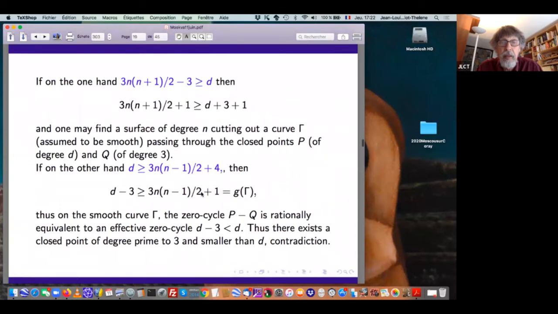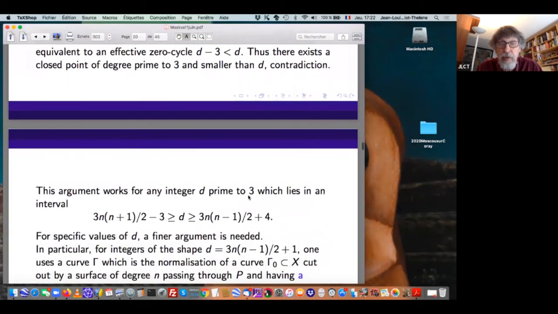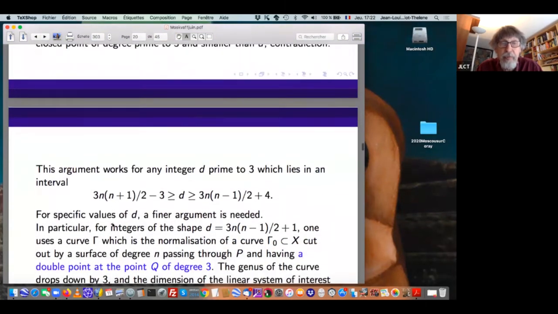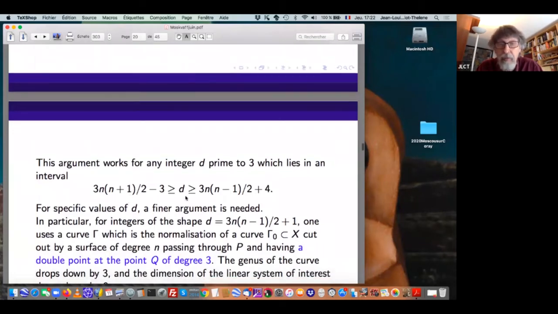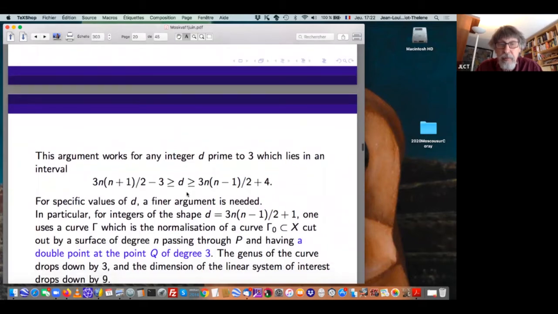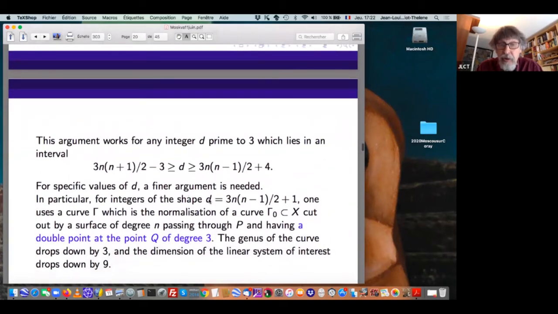So the only problem is that it works for any integer d prime to 3 which lies in an interval of that shape, d in between this value and this value. Intuitively, this is quite possible because here we have n minus 1 and here we have n plus 1. But there are specific values of d where it doesn't work, where we don't manage to make the argument work. In particular, for the integers d which are of the shape 3n times n minus 1 over 2 plus 1,